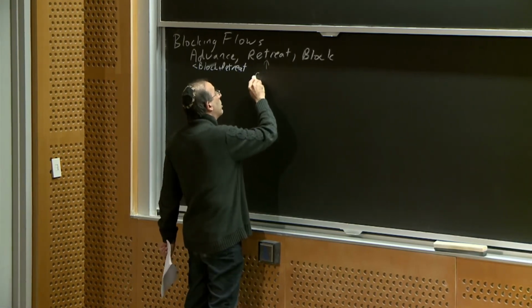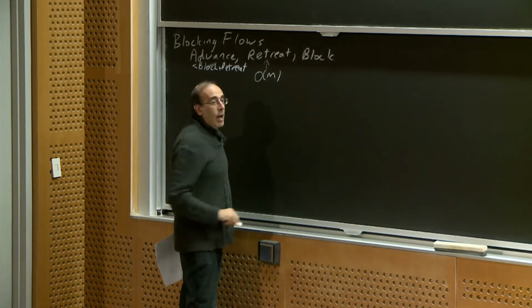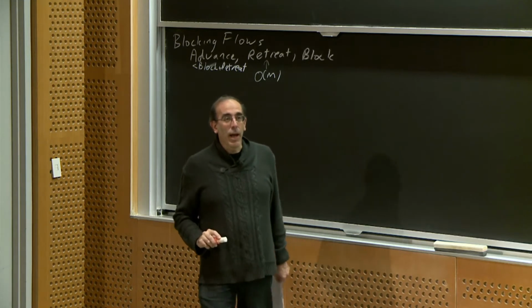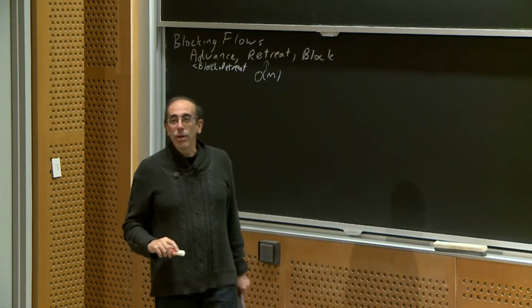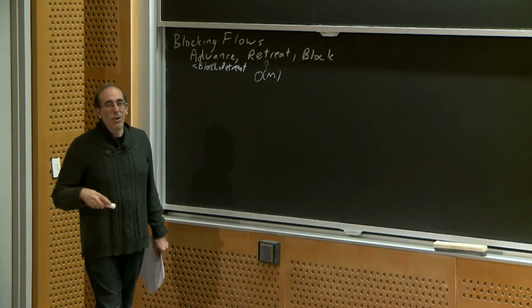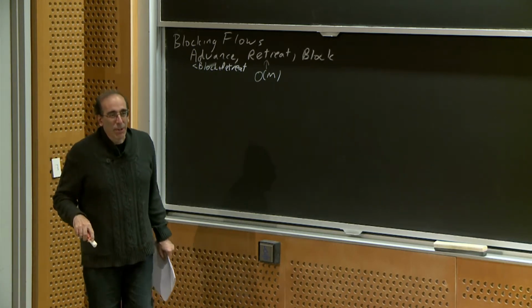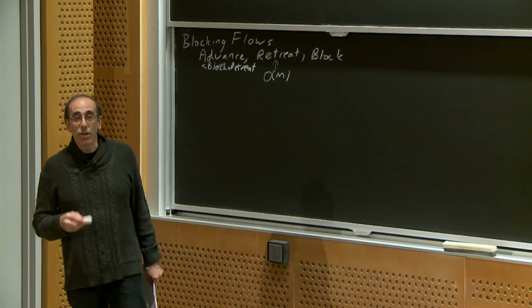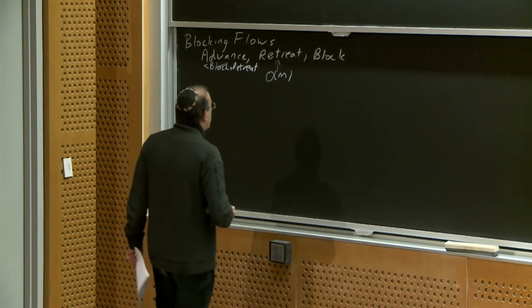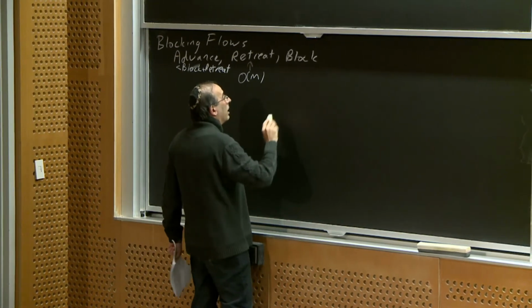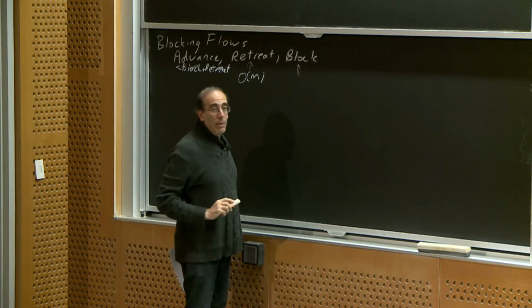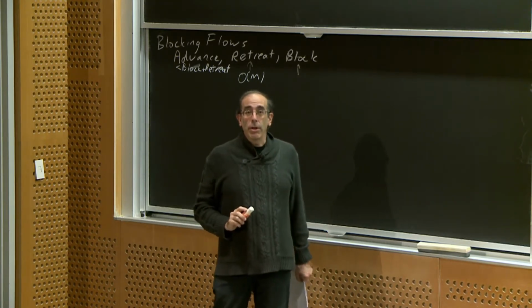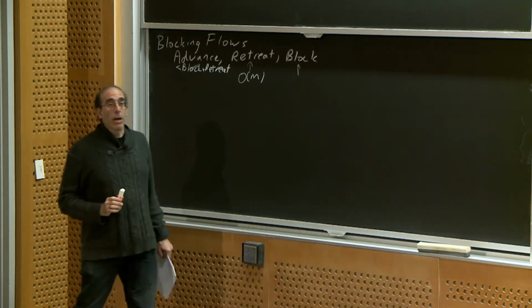We also argued that the retreat work in a blocking flow algorithm is always order m, because when you retreat along an edge, it's because you know that it is no longer possible to send any flow to the sink through that edge, and so you can delete that edge, right? So there's only one retreat per edge. And so all of the work that we had to do was around the time that we spent on the